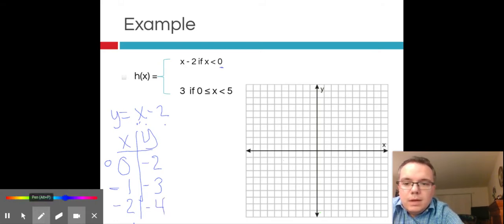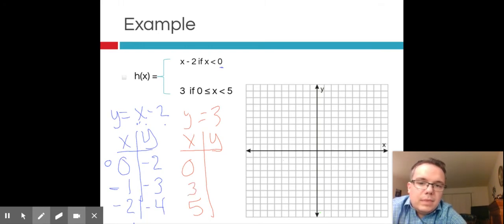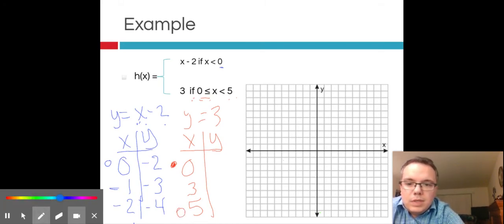Right? For my second equation, I have y equals 3. When does this happen? Well, it happens when x is between 0 and 5. And we're going to choose a number in between, like 3. So for 0, I have a less than or equal to, so that means 0 is part of the solution, so that's a closed dot. And for 5, I have a less than, so that's an open dot. So now we have to go through and